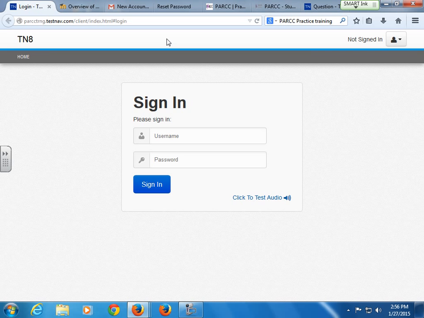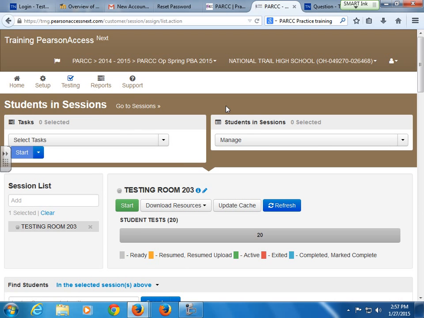When they get to this point here, all they're going to do is get to that point. We are going to come on the loudspeaker, I think is the way we decided we're going to do it, and we are going to say, okay, at this time, teachers, please start reading your script. Because what we have to do for this test is a little different than the normal test, is we have to go back to this screen, and we have to push start in order for them to be allowed to log in. Then from that point, once we've said on the intercom, it is now okay to read your script,